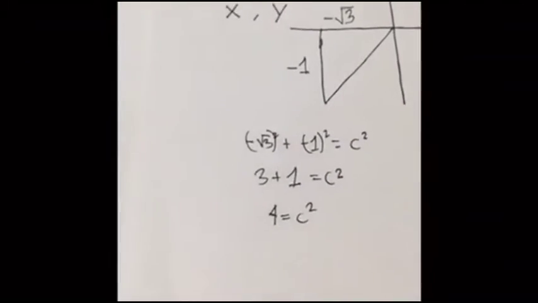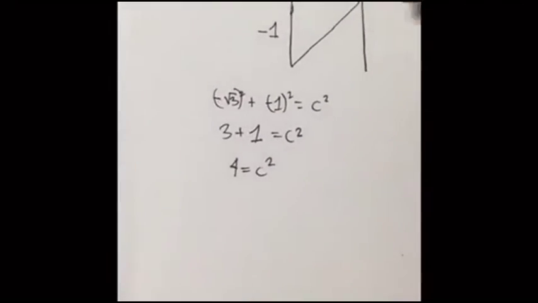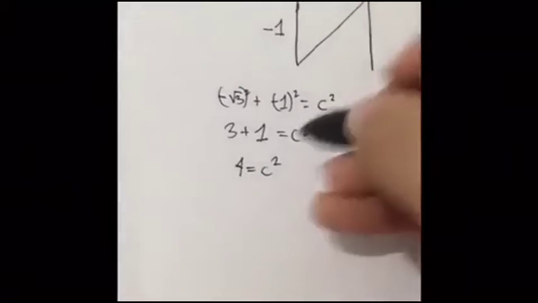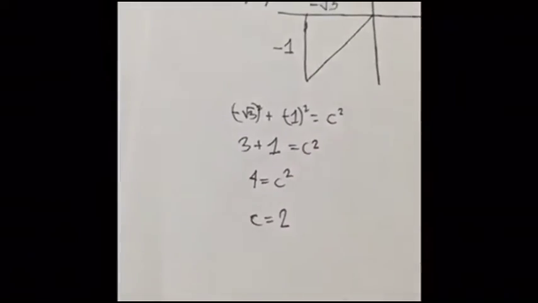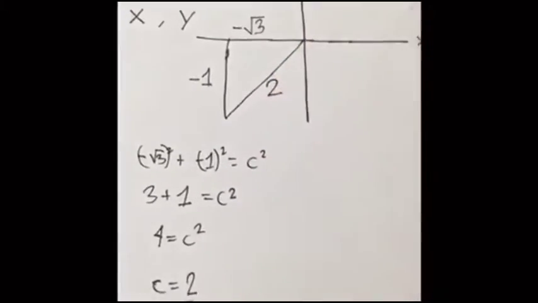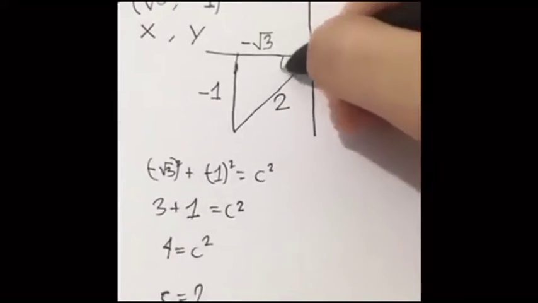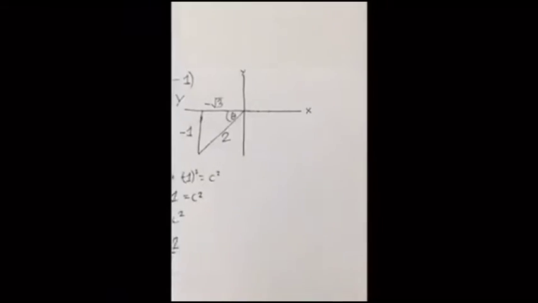But to get the exact hypotenuse, we have to eliminate the square, that 2 right there, so our c is equals to 2. So that is our missing hypotenuse. Oops, and I forgot to put a theta right there. Okay. So now, in getting the trigonometric functions, we must use the